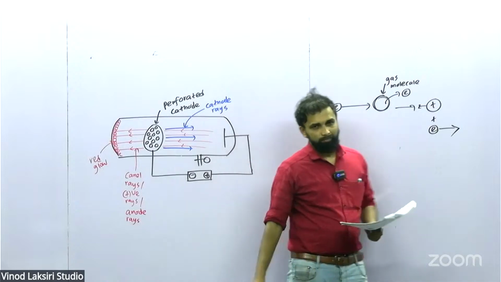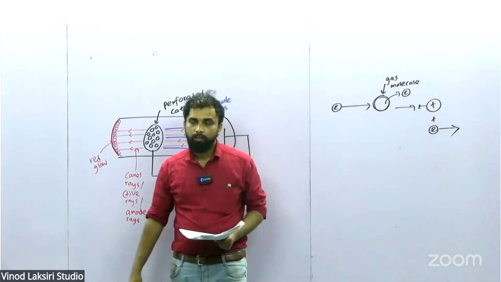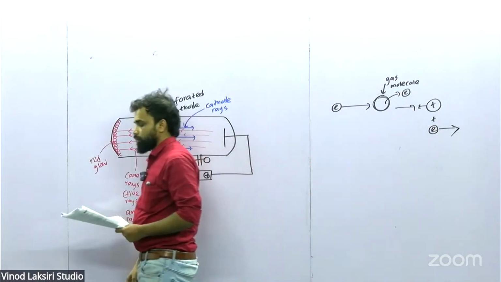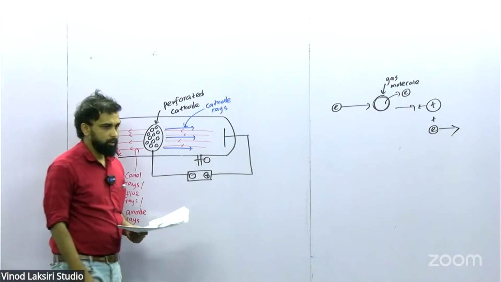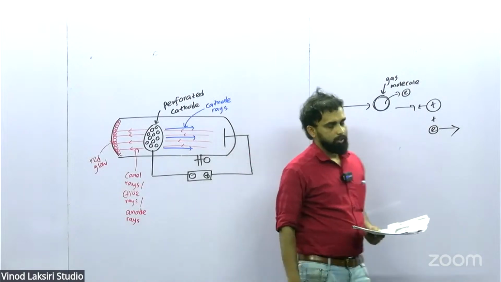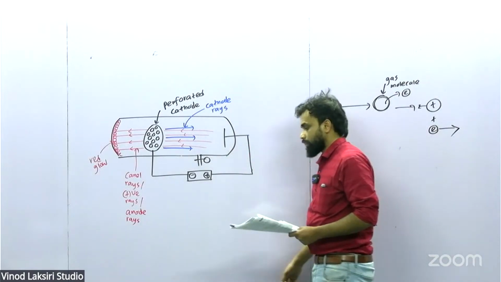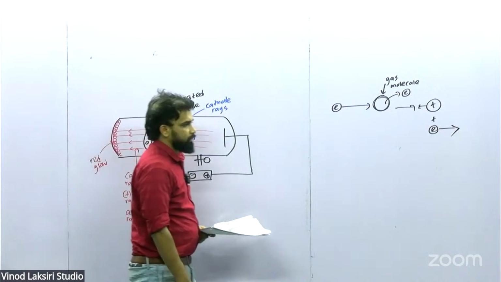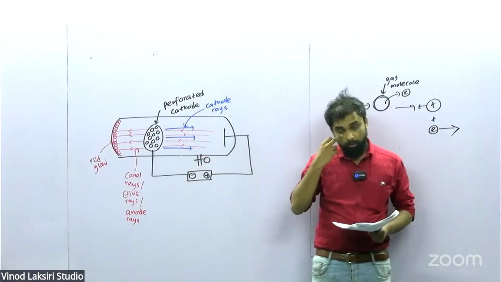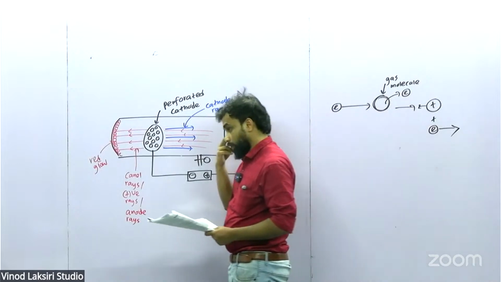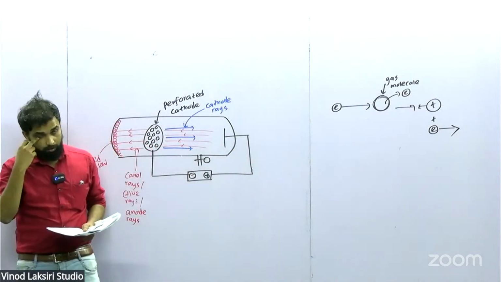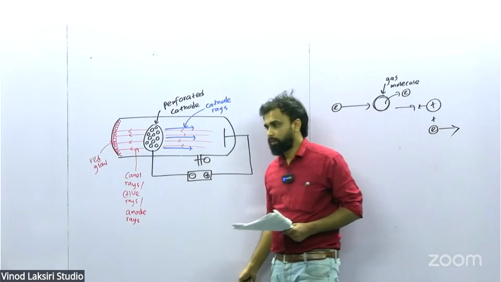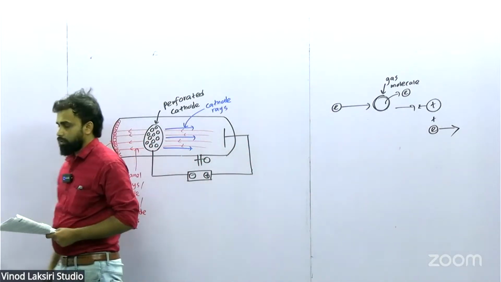Cathode rays travel from cathode to anode as an electron beam. These electrons